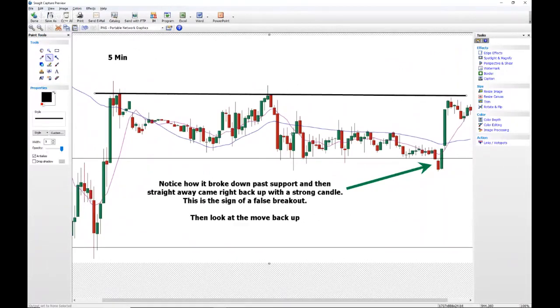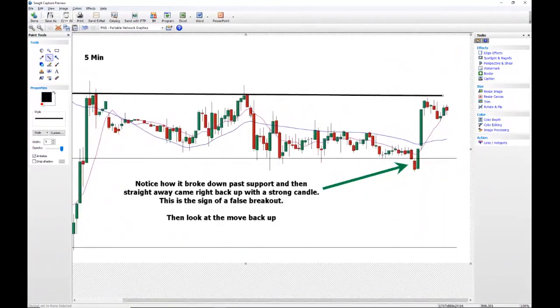So notice how we had that channel through there. If the market's gone through a bit of a channel like this, how it has been through here, this is even a 5-minute chart, it breaks back below. It breaks below here. And then this green candle here closes right back above it.